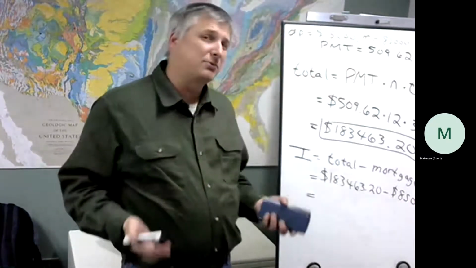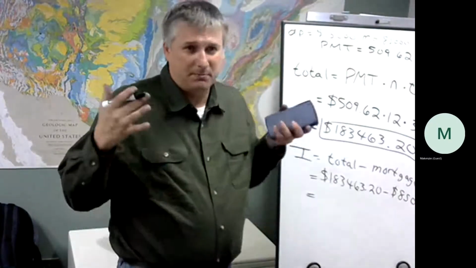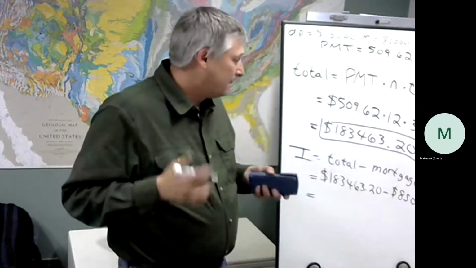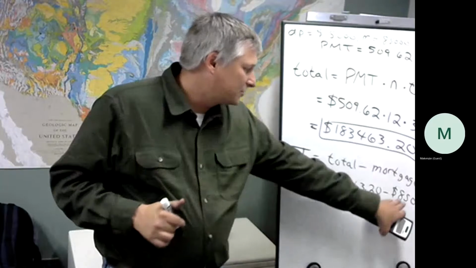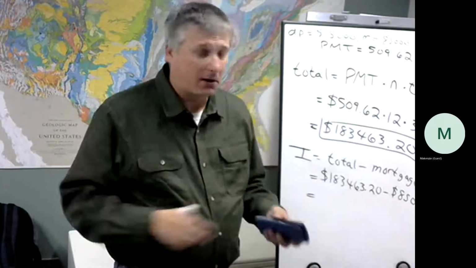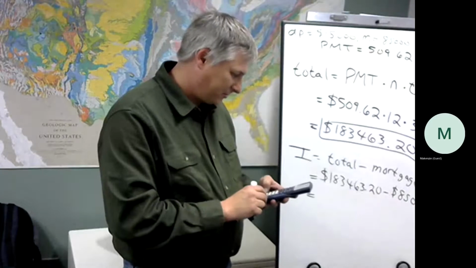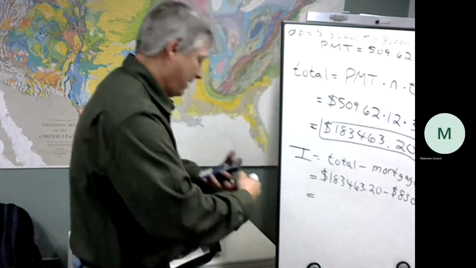Because we're only paying interest on the mortgage. We're not paying interest on the price. Once we've given the bank that down payment, we don't pay interest on it. But we are paying interest on the mortgage. This is what we have to borrow. So if we take that total, subtract 85,000, wow,